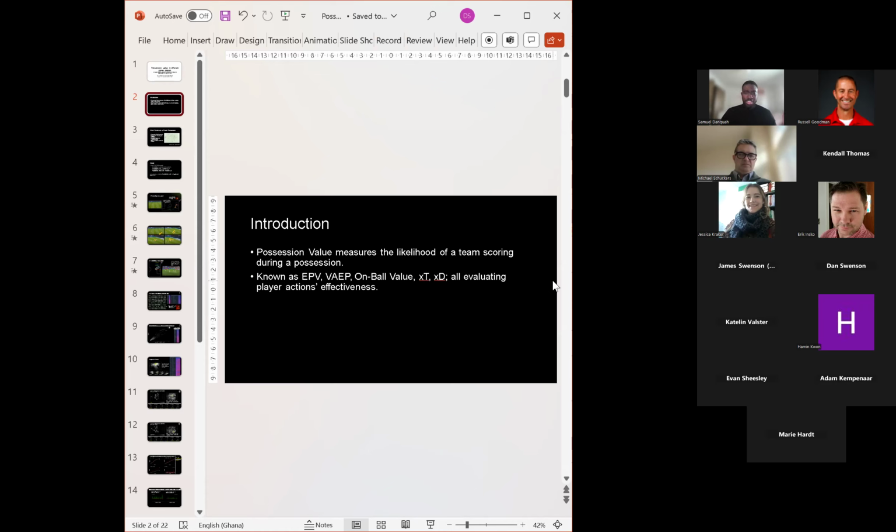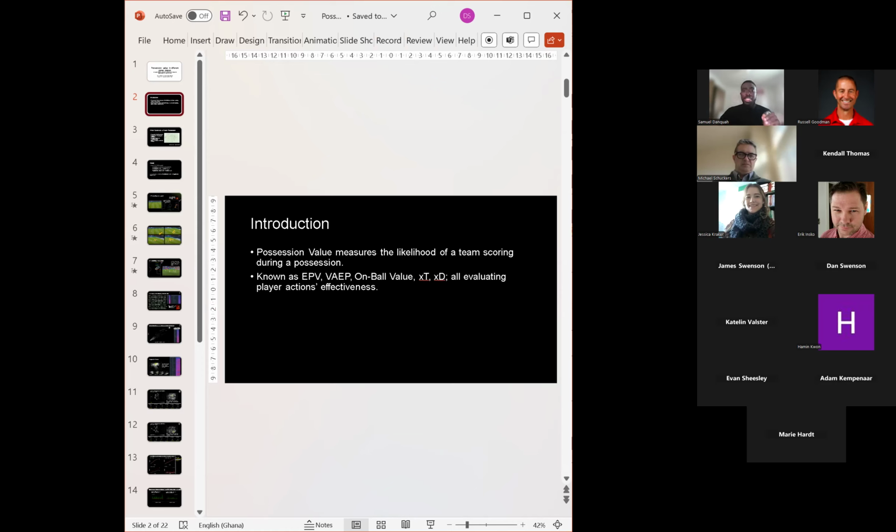Let's take two scenarios. In one, a player makes a very fine and beautiful pass that eventually leads to a goal scoring opportunity and ends up being a goal, and everybody is happy about that. In the other, a player makes a very brilliant pass but it does not end in a goal scoring opportunity, or the player who receives the pass did not make good use of it. In these two situations, most often people tend to eulogize the player that made the assist for the goal, but they tend not to praise players who make fine and beautiful passes that do not end up in a goal.